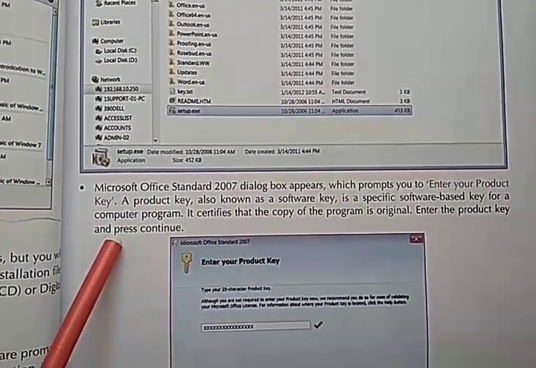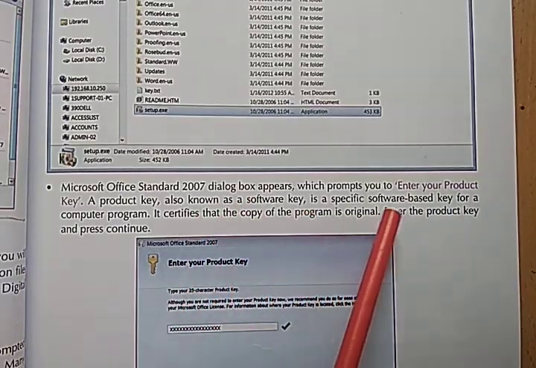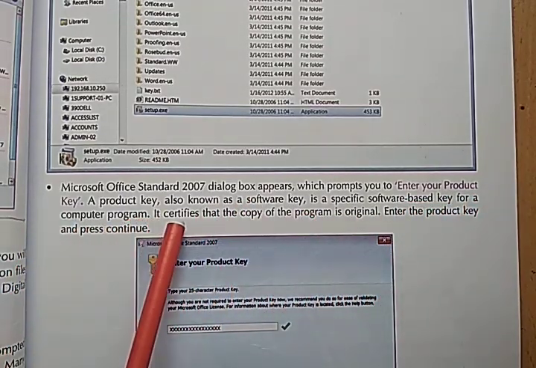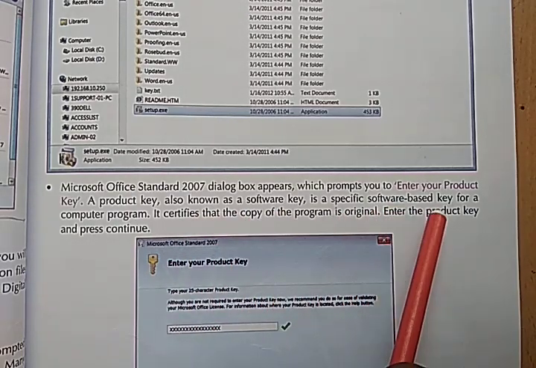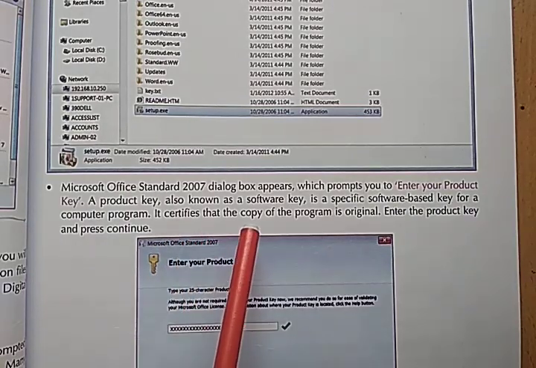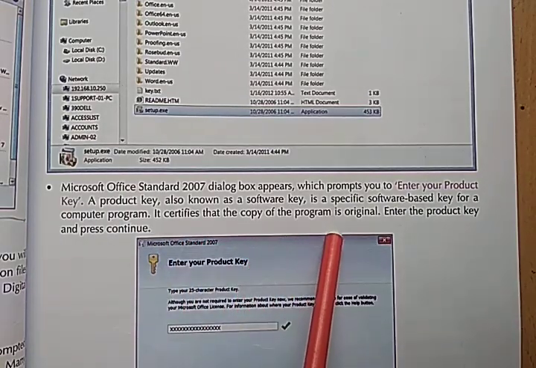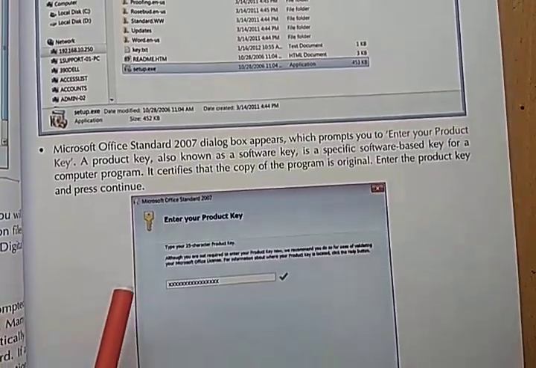After that, the Microsoft Office Standard 2007 dialog box appears, which prompts you to enter your product key. A product key, also known as a software key, is a specific software-based key for a computer program. It certifies that the copy of the program is original, not a duplicate. Enter the product key and press continue.